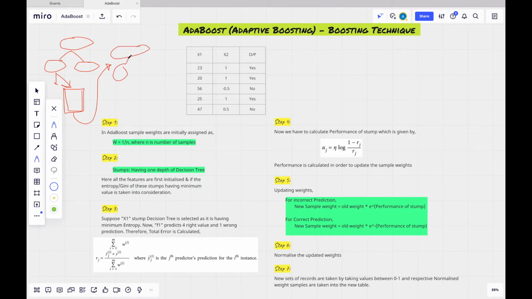Again we'll get some right predictions and wrong predictions. Again this wrong prediction is taken. Now this will give you some right predictions and some wrong predictions. So the wrong prediction samples are again taken and another model is created.